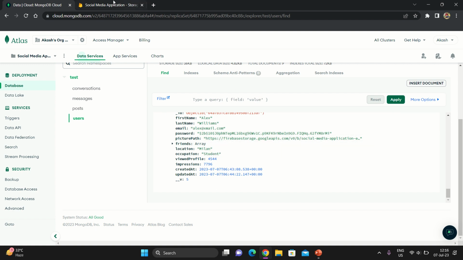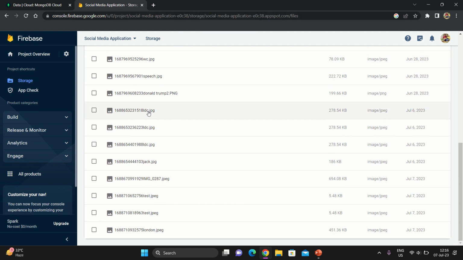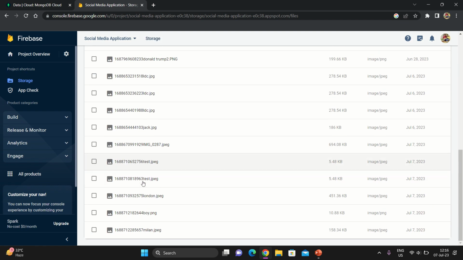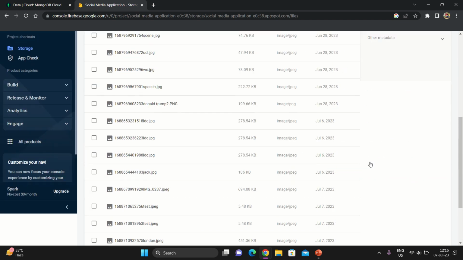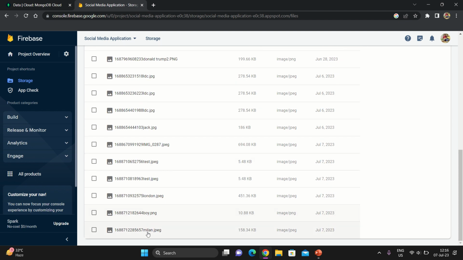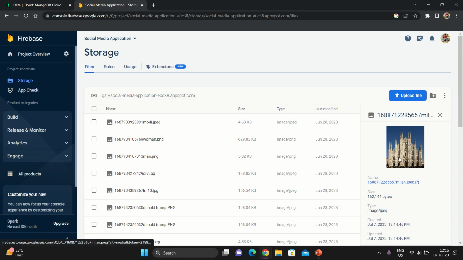It is being stored on Google Firebase. So this is where Firebase is loaded, and here we can refresh to see all of the files that are being stored here. So it is currently loading. So there we have this photo here. It was a profile picture of the current user, and the Milan image which was used in a post, it has also been successfully added to the